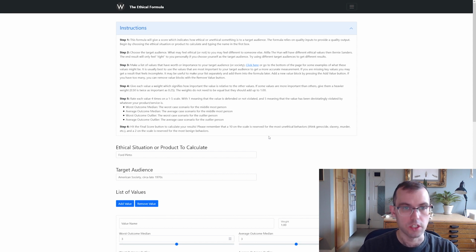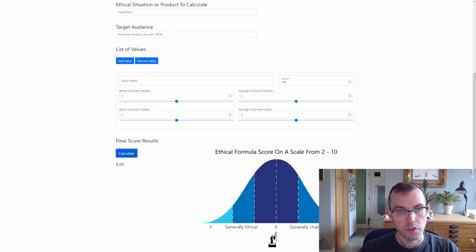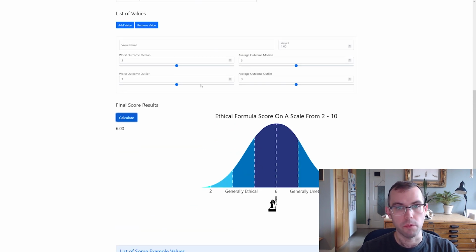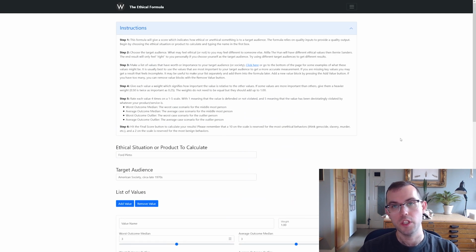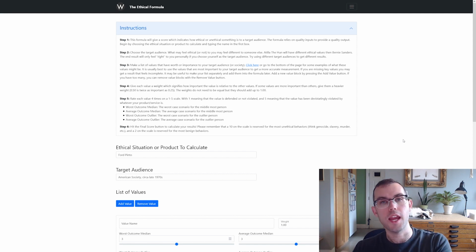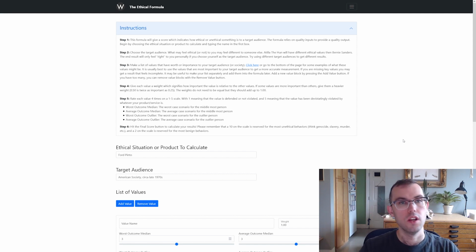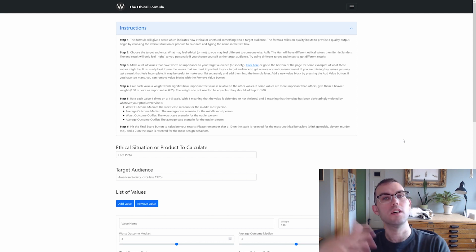I had already mentioned, we're going to put some inputs into this little program that I came up with, and we're going to then hit calculate, and we're going to get a score. The reason this is so useful is because you can use the score for all sorts of different things. And you can then debate not just, hey, I think this is right and you think this is wrong, but I think this is right because of this.